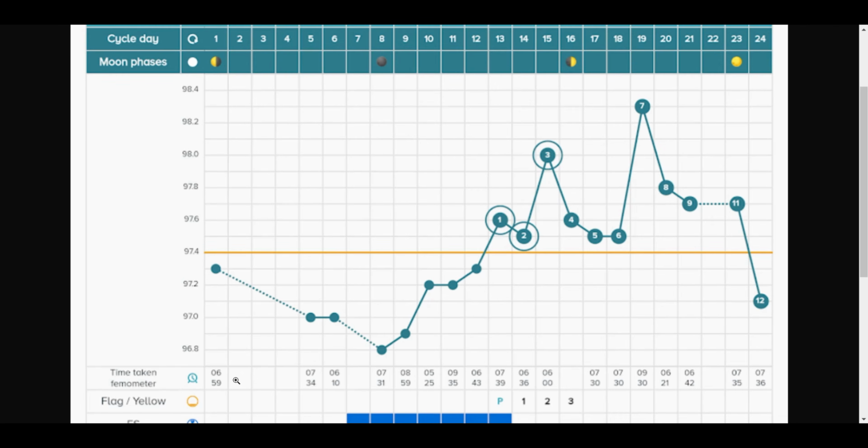Our basal core temperature is going to be the most consistent and typically the lowest between about 3 a.m. to about 6 a.m. overnight. And so when people take their temperatures later in the day, significantly later,